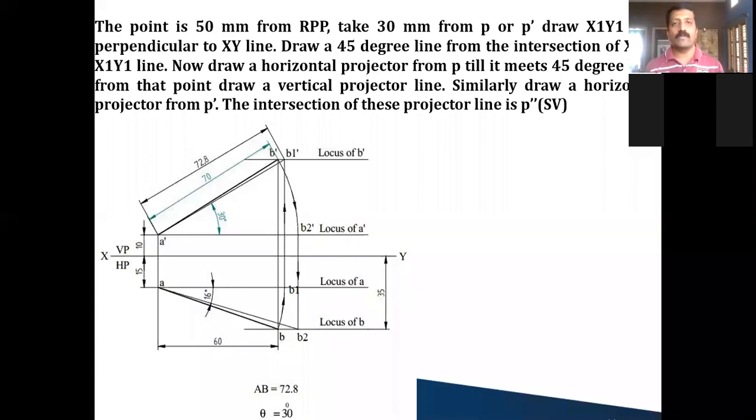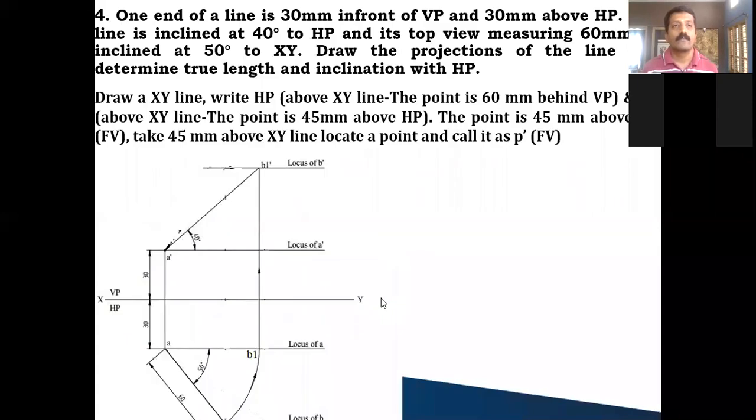So this is how you can complete the entire projection, what he has asked in the question. So we need to find out the true length. You measure any one of the true lengths either in the top view or front view. And the true inclinations, that is theta and whatever is asked, you find out at the end. So those are your answers. So one more variety we'll discuss.